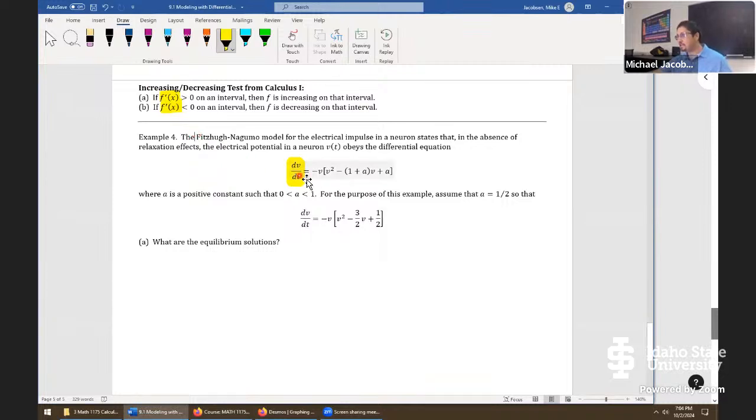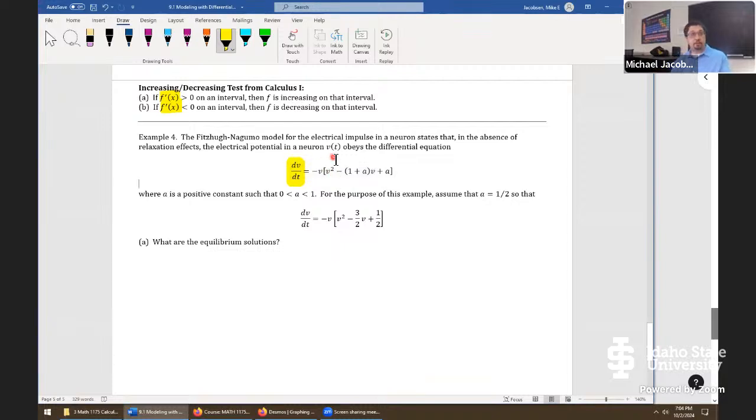It says the Fitzhugh-Nagumo model for the electrical impulse of a neuron. So this is talking now about how your brain works. It's kind of cool, just a giant calculator. The electrical impulse for a neuron states that in the absence of relaxation effects, I'm not sure what that is, but in the absence of relaxation effects, the electrical potential in a neuron, V of t, obeys this differential equation. And the potential in a neuron